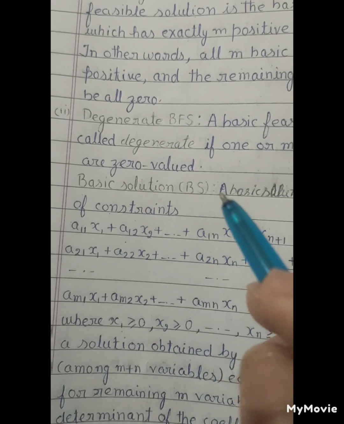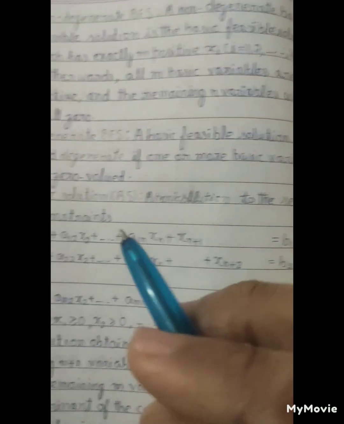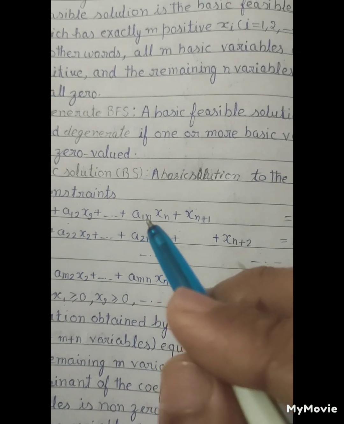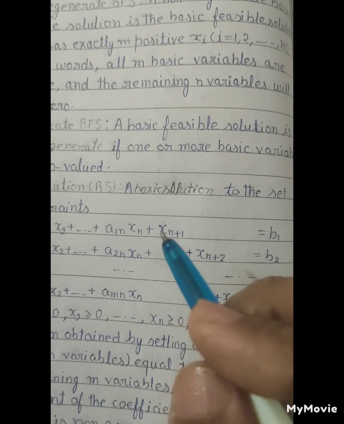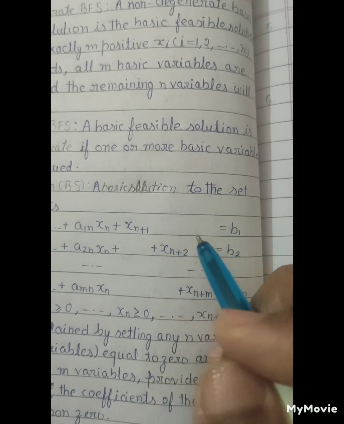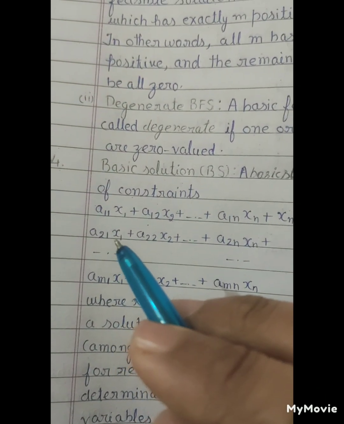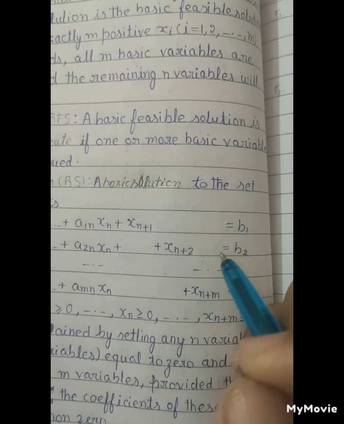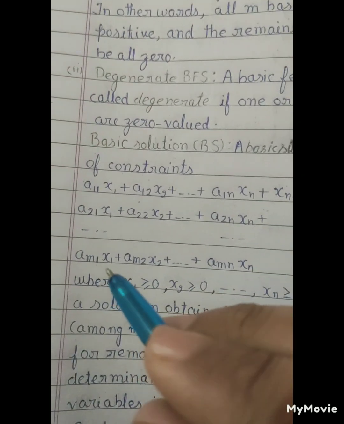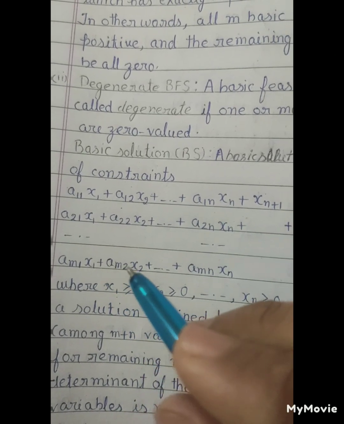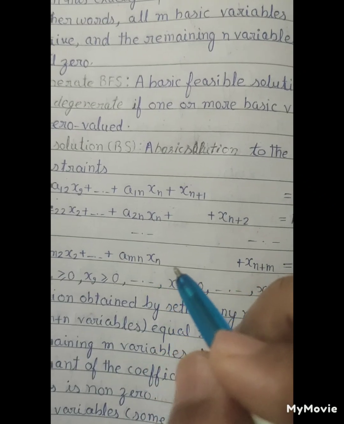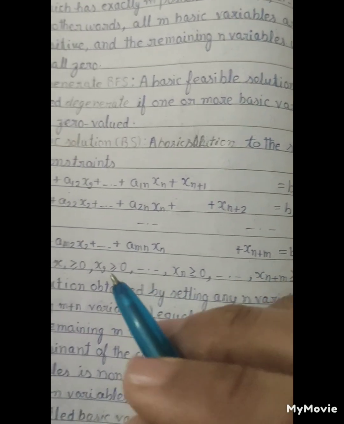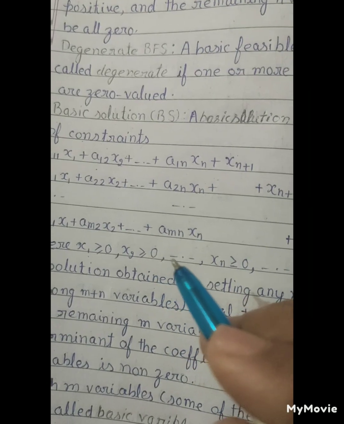4th, the basic solution to the set of the constraints a11 x1 plus a12 x2 plus so on plus a1n xn plus xn+1 equals b1, a21 x1 plus a22 x2 plus so on plus a2n xn plus xn+2 equals b2, and so on, am1 x1 plus am2 x2 plus so on plus amn xn plus xn+m equals bm, where x1 is greater than or equal to 0, x2 is greater than or equal to 0